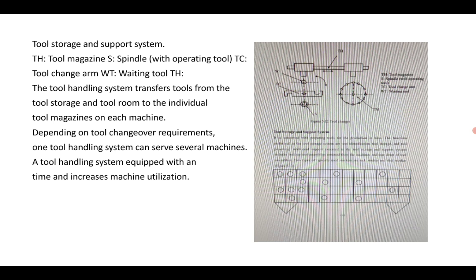The tool handling system, that total system, transfers the tool from the tool storage and tool room to the individual tool magazines on each machine. Depending on tool changeover requirements, the tool handling system can serve several machines. One tool magazine can serve many machines. A tool handling system saves time and increases machine utilization also.